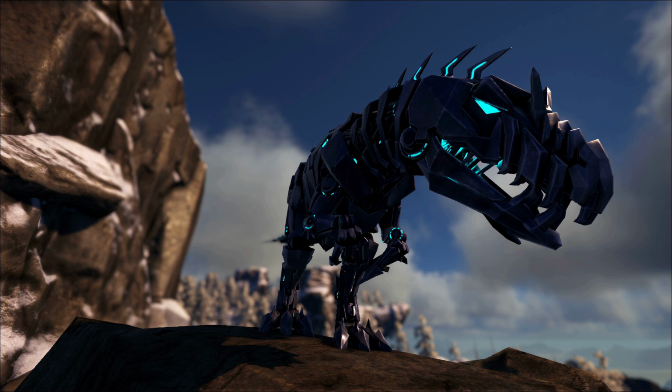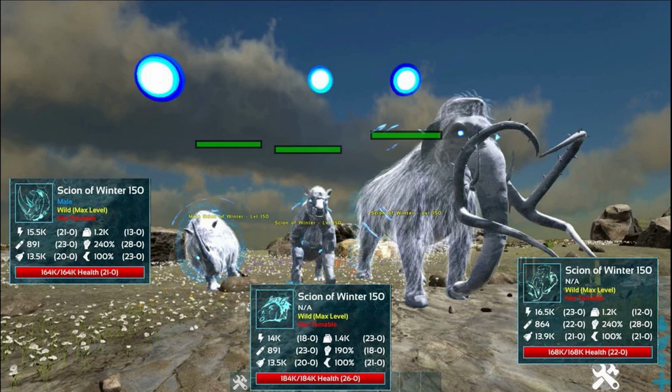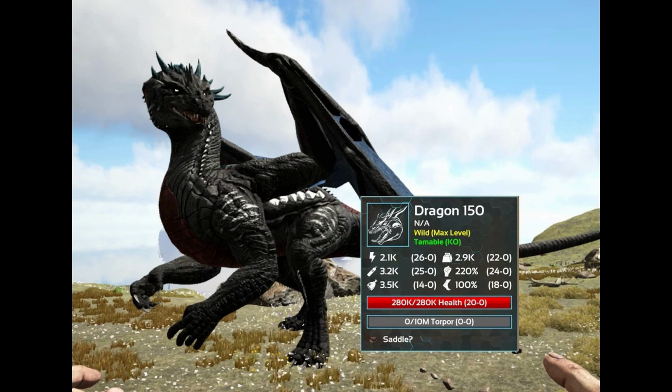There's 8 primal tech creatures, there's 9 scion creatures, 3 scions of nature, the Bigfoot, the dibear, and the terrorbird, the 3 scions of winter, the mammoth, the calico, and the rhino. Then there's the 3 scions of fire, the RG, the wolf, and the saber. Then there's the 6 bosses which are tameable, the brood mother, the dodo rex, the dodo wyvern, the dragon, the